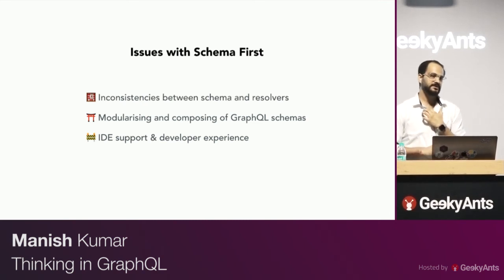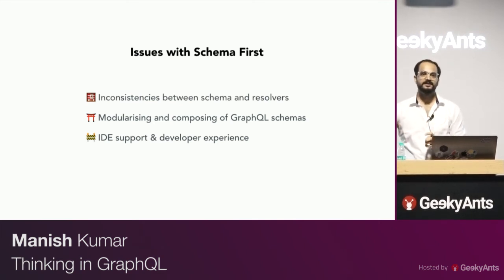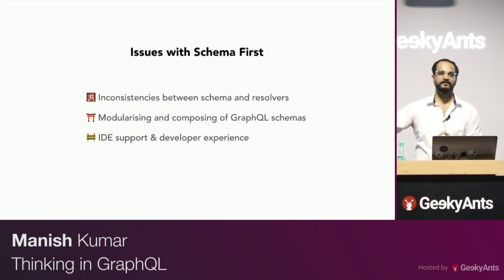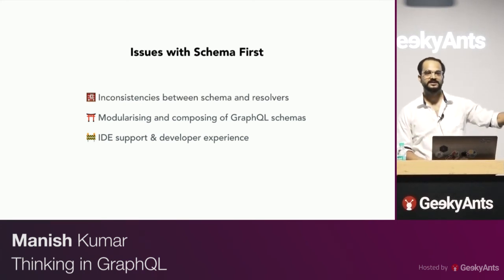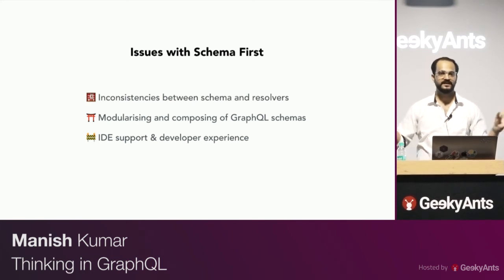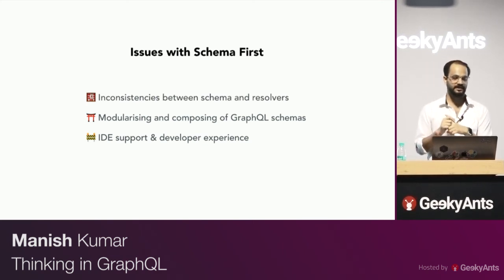Then the other piece is you have to write that whole thing in one. How do you modularize this? And once you're modularized, let's say there is a product team which is just writing schema for product and resolvers for product. There is a consumer team which is just writing for consumer. So if they are writing in modular ways, how do you compose all of them and make sure that both of them are not using the same field names or there's no clashes there, right?